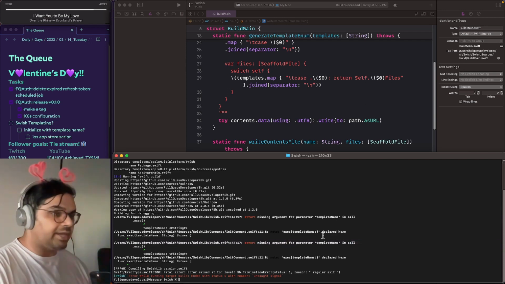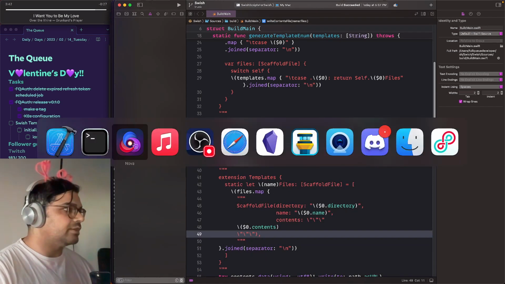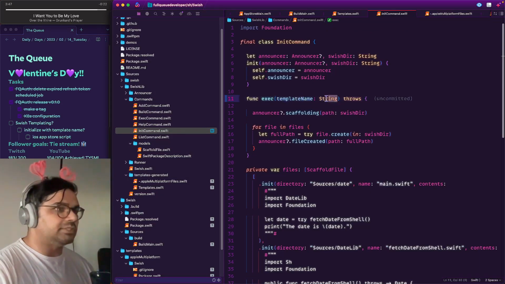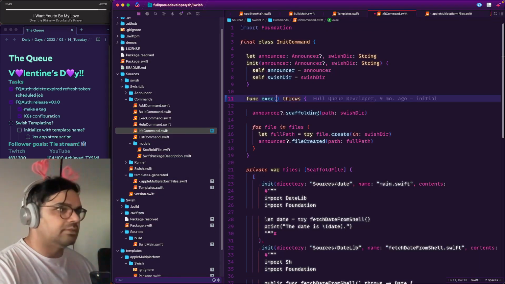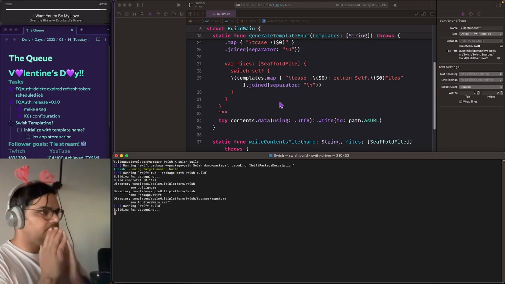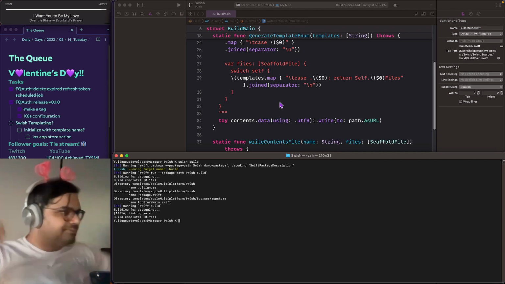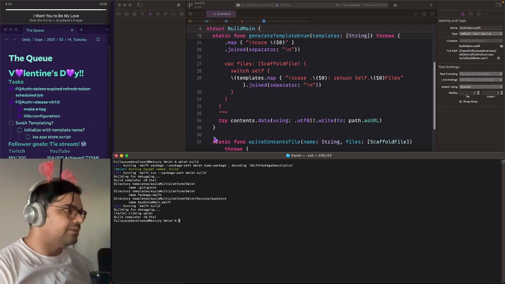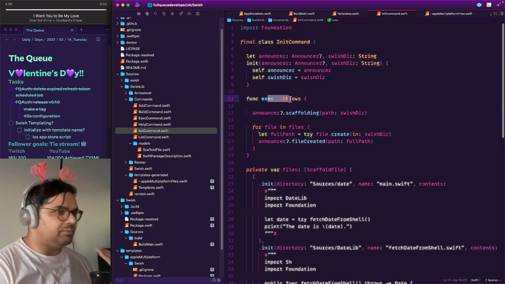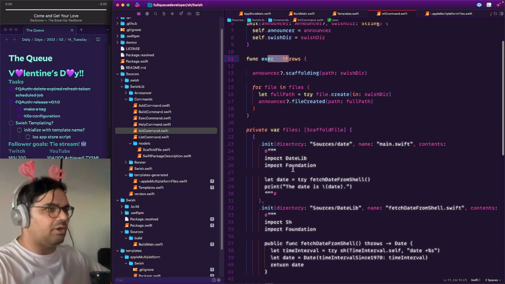Oh, because I had some stuff that I had sketched out but hadn't actually followed through with yet. Yeah, we're saying, oh, we'll take a template name, which is not implemented yet. And it builds. So yeah, we'll take in a template name and then actually we'll scaffold out the given template instead of always